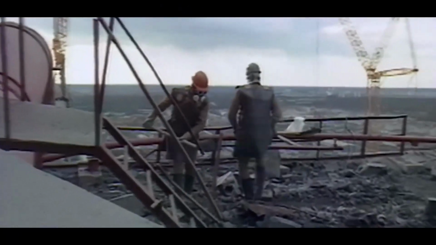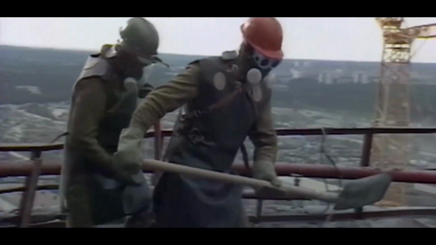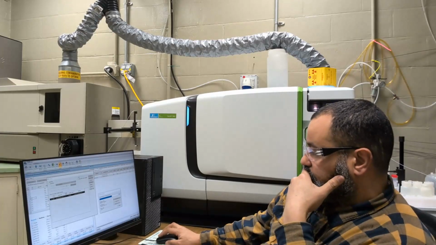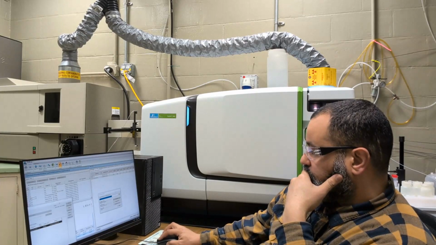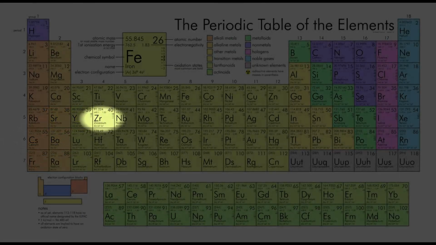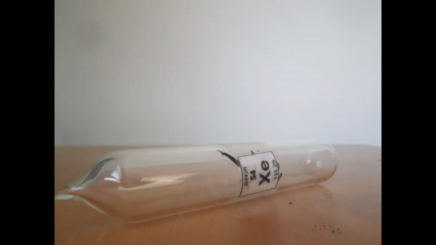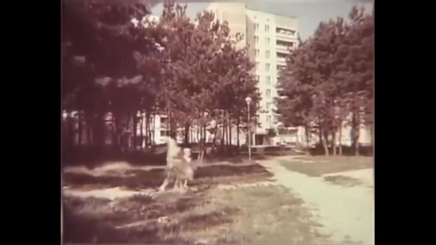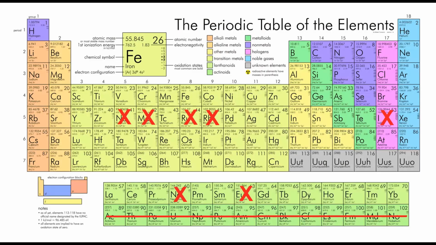Since they were collected at a distance from Chernobyl, we can eliminate most lanthanides like europium and neodymium, the ruthenium, rhodium, molybdenum, niobium as well, and most actinides like plutonium and americium and higher ones like fermium. We are left with the volatile isotopes. We're likely to find a significant amount of cesium and barium, some strontium, rubidium, and maybe some zirconium, iodine for sure, xenon, and bromine. Because the accident is already almost 40 years old, we can eliminate the short half-life